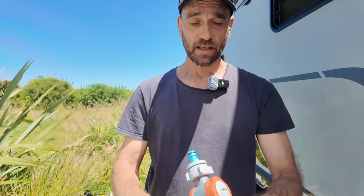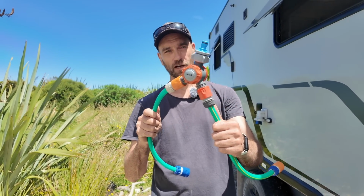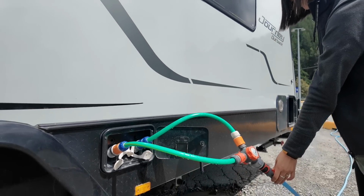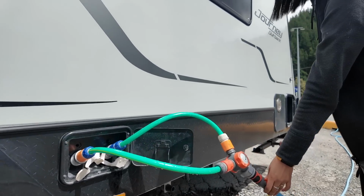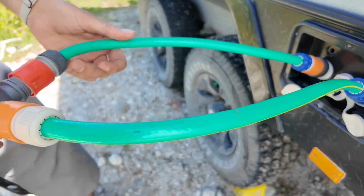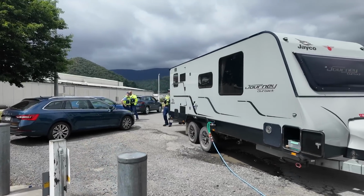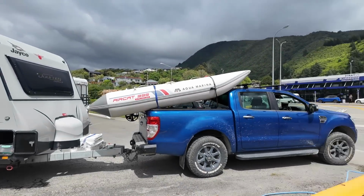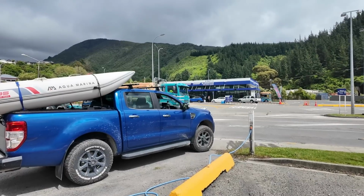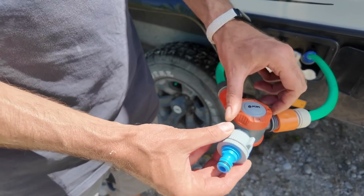Now you still have the problem that you have to fill up each tank one at a time, right? So you can get yourself a splitter like this from any hardware store for garden hoses and just put in two additional pieces of hose, plug them both in at the same time. And now we can fill up both tanks at the same time. We just put our water hose in here. We can even turn it on and off. And if one tank fills up quicker than the other, then we can change the water flow to each tank